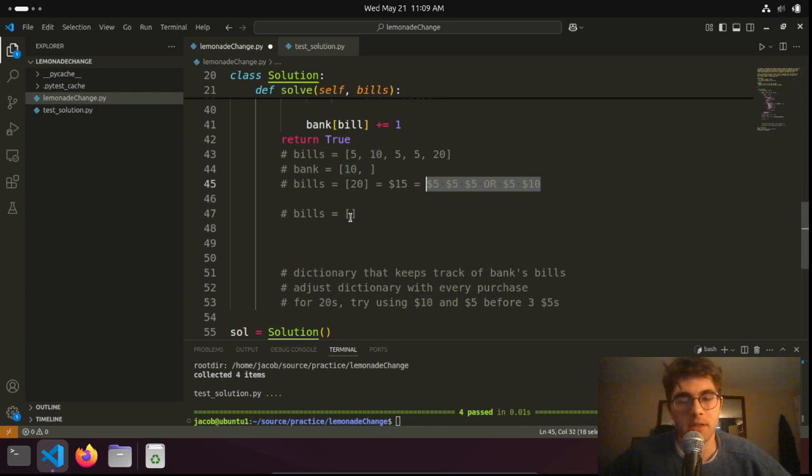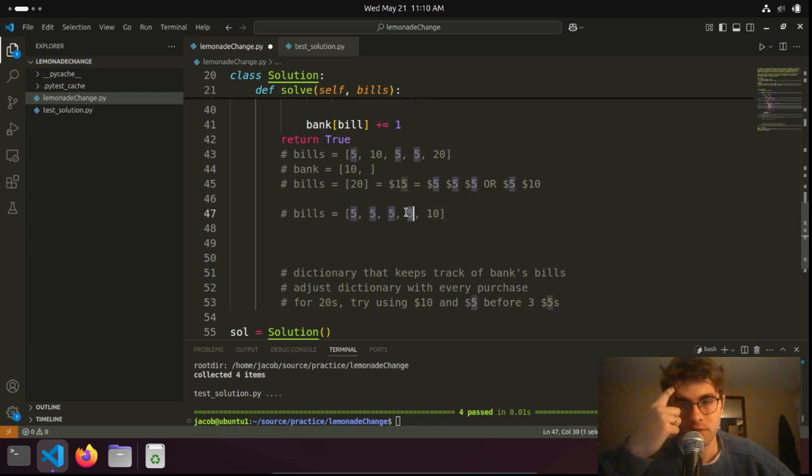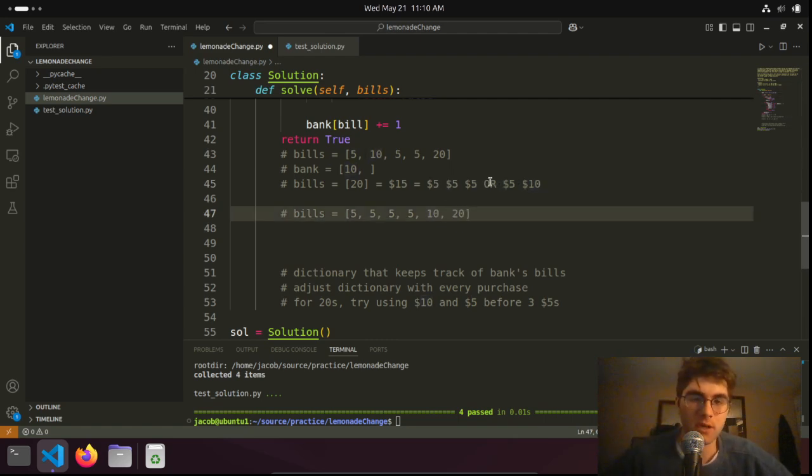That means that they need 3 5s and 1 10. So let's give them 3 5s. And then how do we give them 10 for change? Maybe like this. So we'd give them 4 5s, and then they'd lose 1 5 and gain 1 10. Okay, so now we're in this situation where they can pick either one. Now if we give them a 20, they have to pick either one. If they pick this one,